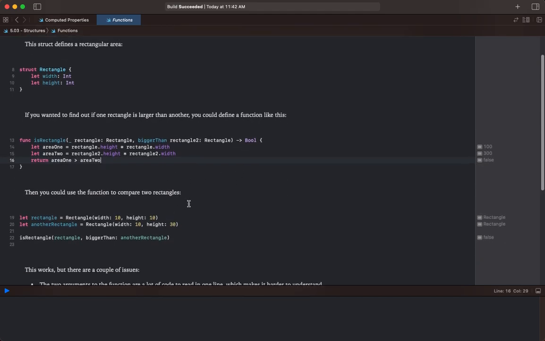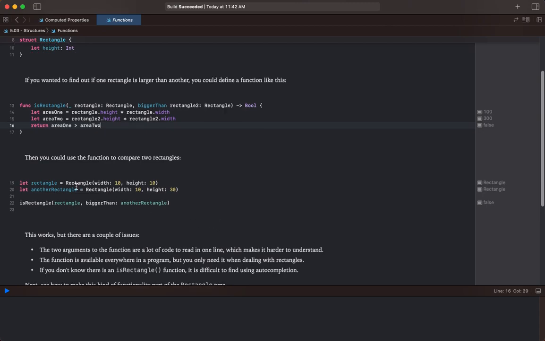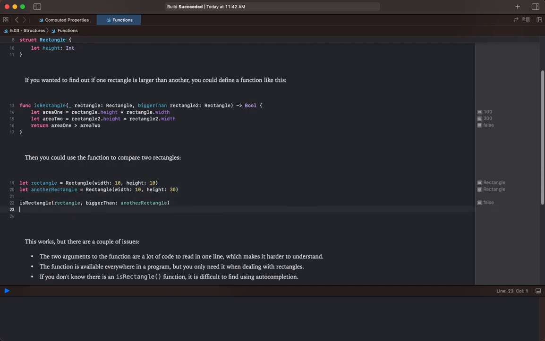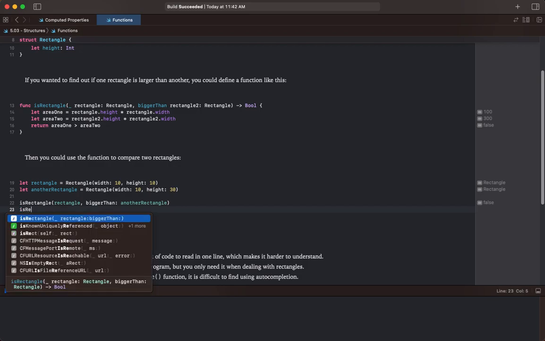Then you could use the function to compare the two rectangles. So let rectangle get Rectangle type, width 10, height 10. Let anotherRectangle get Rectangle, width 10, height 10. So these are both of the Rectangle type, so we can use them in our function. isRectangle, and then the first parameter is rectangle, so it's this one, biggerThan anotherRectangle, so this one. And that is false. We could also reverse that, isRectangle